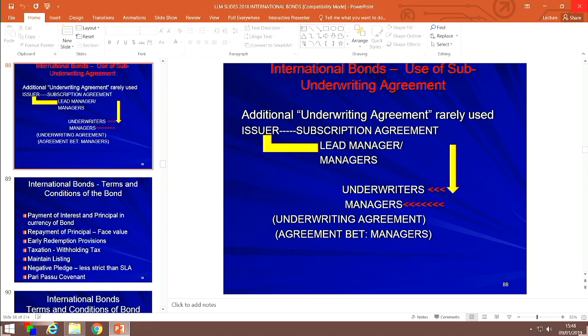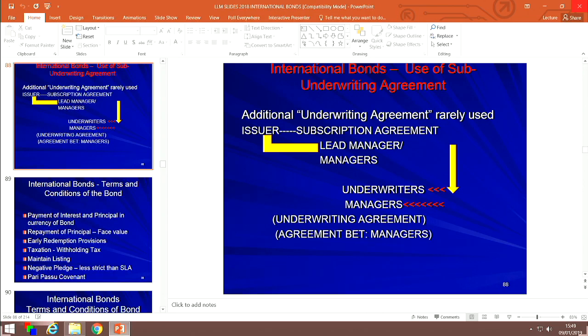This sub-underwriting agreement is very rare. As I said, you're talking about the mega issues of 5 billion to 20 billion plus, where you might see the use of a sub-underwriting agreement. But there's not much to it other than the sub-underwriters, as usual, agreeing to comply with all applicable regulatory laws, to leave stabilization to the lead manager and not to do any kind of stabilization themselves. It's the usual clauses which are found in the subscription agreement, the agreement between managers, and also in the sub-underwriting agreement. They mirror each other. Any questions so far?